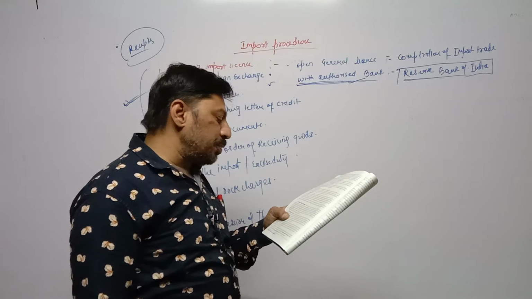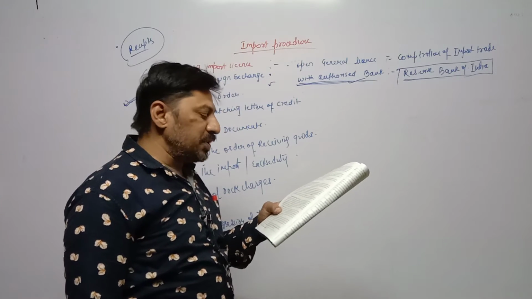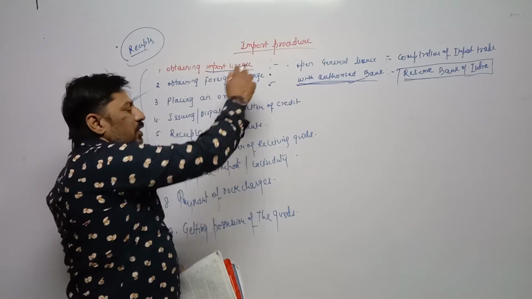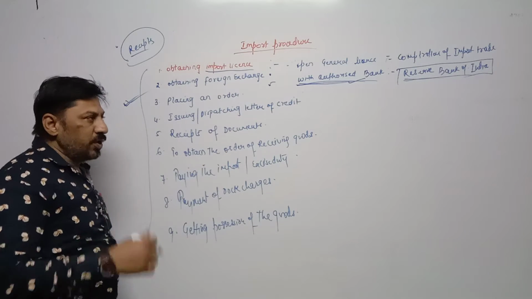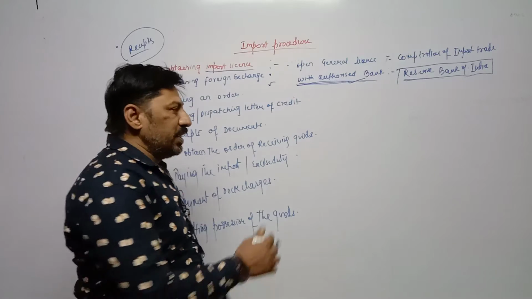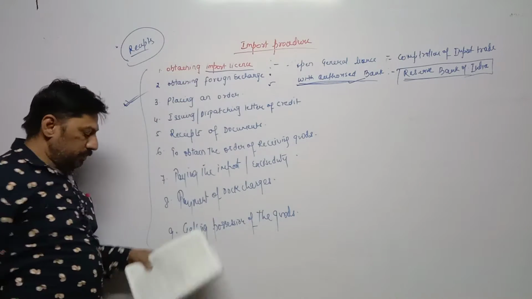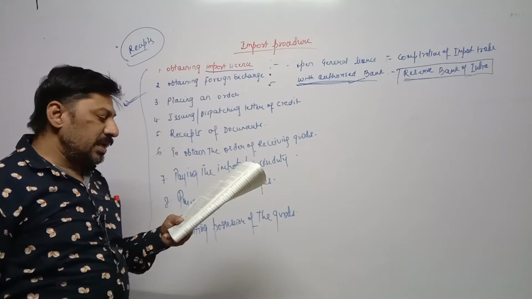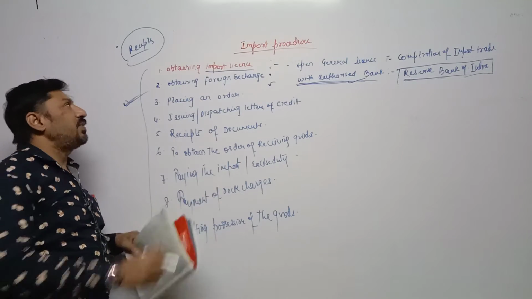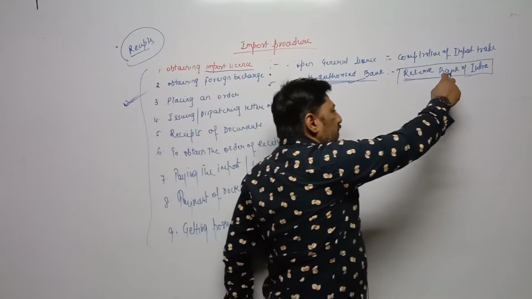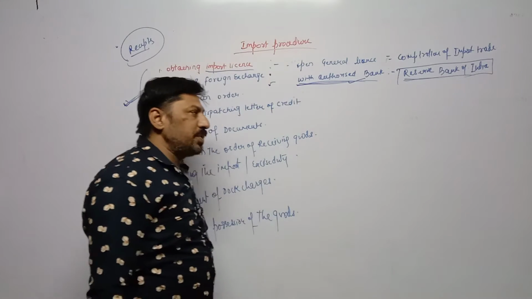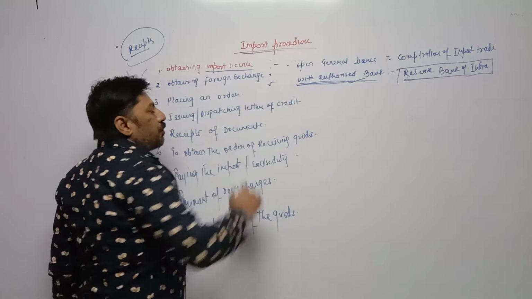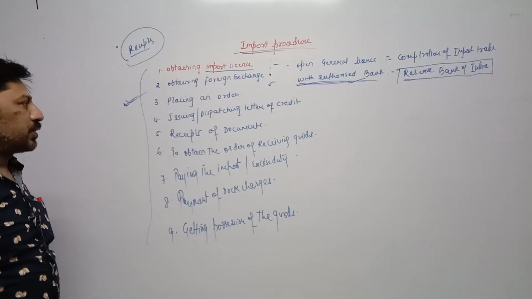The bank makes an endorsement on the application form. Endorsement means a kind of permission they will give to the importer on the basis of the import license. They will check your import license, they will check what type of goods you are importing, and once they are satisfied, they will issue receipts. Here it is written endorsement, and after getting receipts, then RBI sanctions the foreign exchange. Then we have to submit these receipts with RBI, and after verification of those receipts, RBI gives permission, and if it gives permission, then we can go ahead with the import procedure.